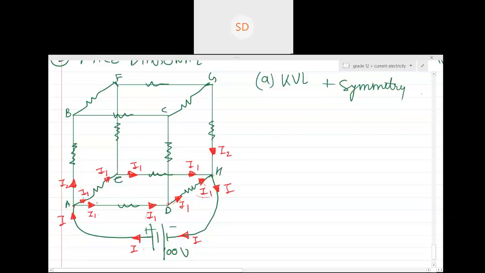So if you mentioned that current I1 is going in this direction, then I1 should come back from this branch, right? This branch has only two resistors. Can you see? 1, 2, 1, 2. So whatever current goes from here should come over here, because if you said I1 current will go in the branch AD, then for the same current to return in the branch DH, none of the current from AD should go to DC. It should only go to DH.